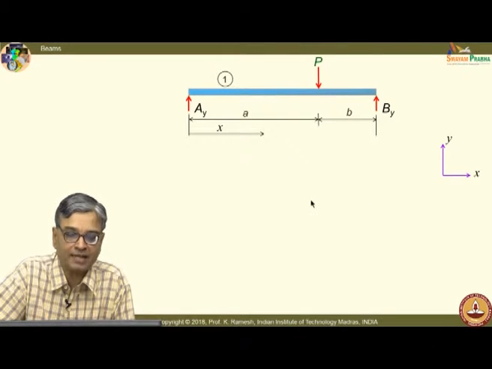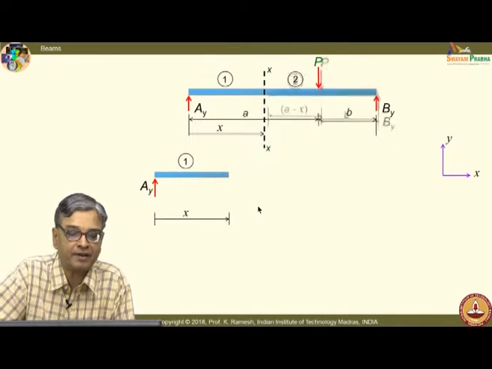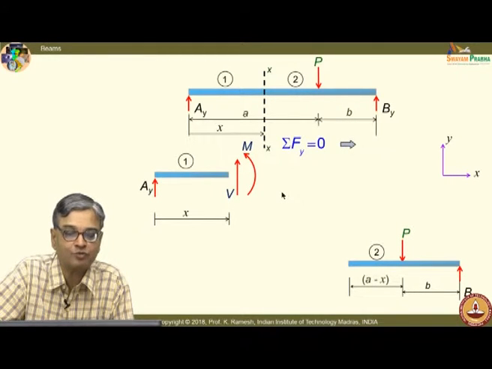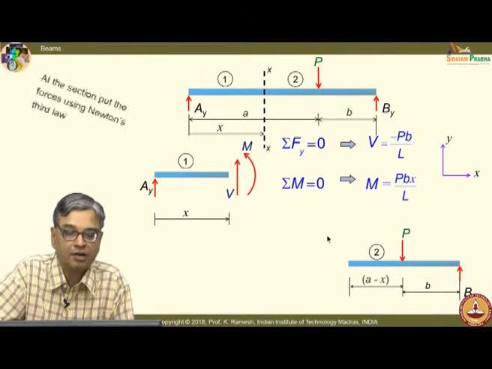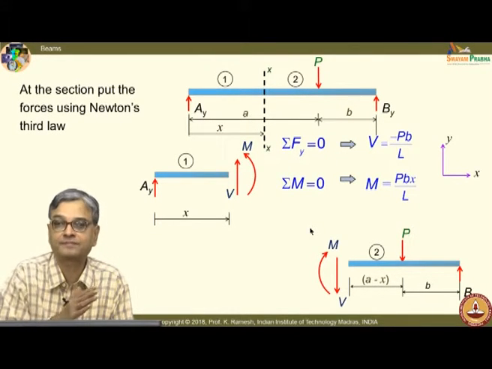Suppose we look back at the problem again. When we studied interconnected rigid bodies, we had a recommendation. If I have assumed a force on one body, how would I assume the forces here? I have to necessarily use Newton's third law and put it in the opposite direction. Only then is it consistent.